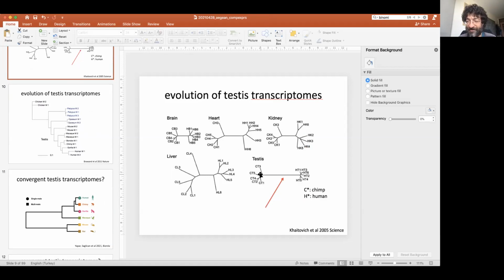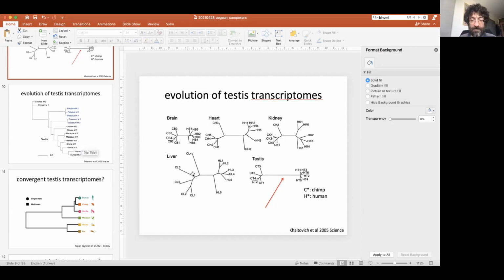We would need an outgroup, right? If we can use gorilla as an outgroup, if gorilla is a good outgroup, which could also be debated, then if gorilla behaves like human, we could decide that changes have occurred on the chimp lineage. If gorilla is more like the chimp, then we could assume it's the human lineage, or if gorilla is in the middle, then we could say both species have diverged.